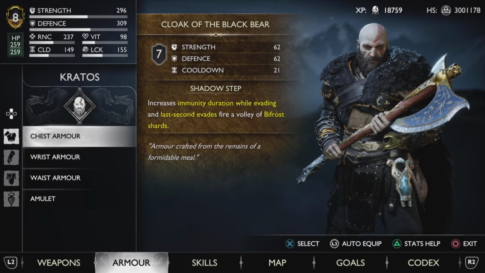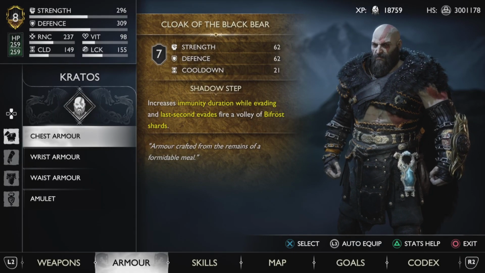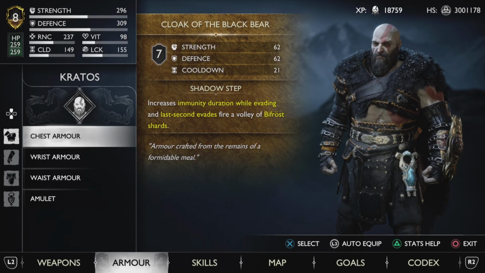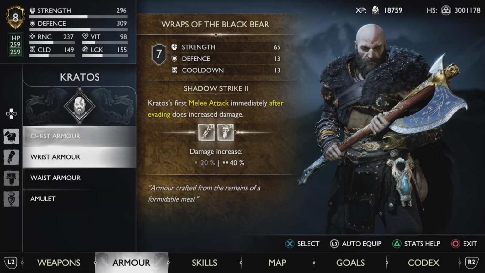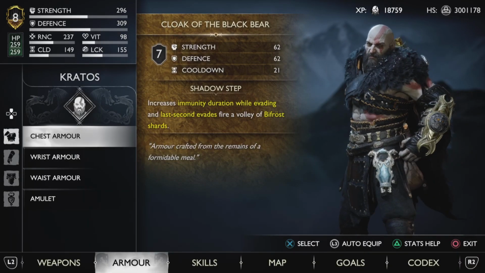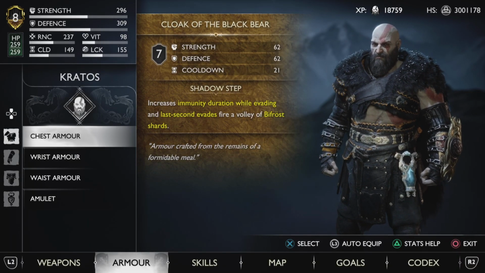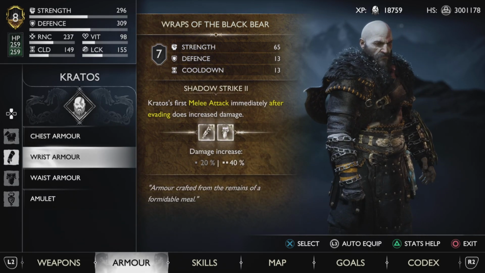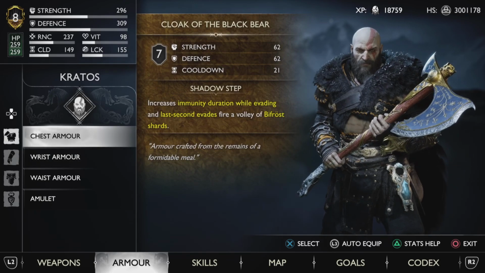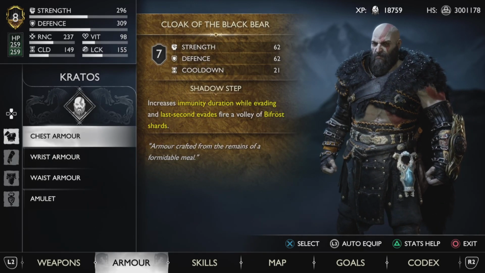Now, the new armor set that everyone's been waiting for is the Cloak of the Black Bear, which is basically like the cloak at the start of the game. And it's not just cosmetic, it's its own armor set, so it's not like the Wrap of the Survivor. With this armor set, if you dodge right at the last second, it shoots a volley of Bifrost, so it's worth upgrading when you get a chance to, because it would be a pretty good armor